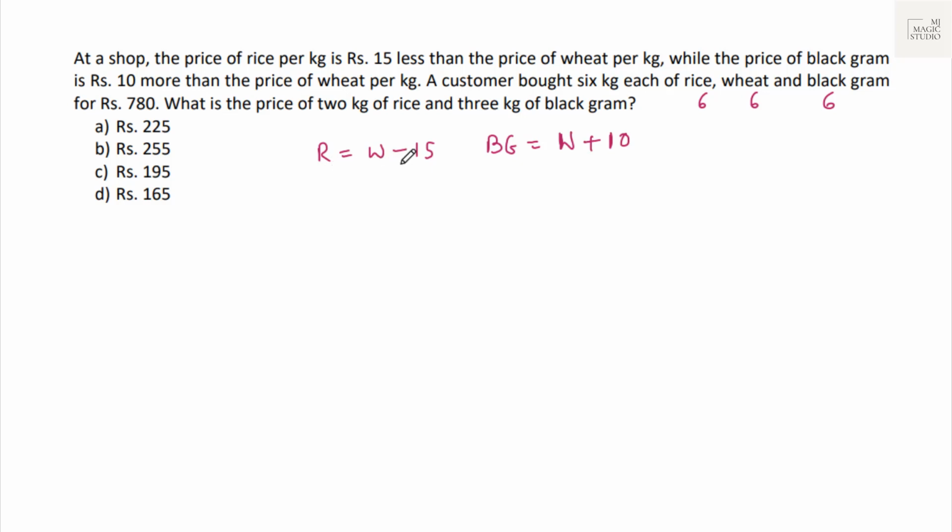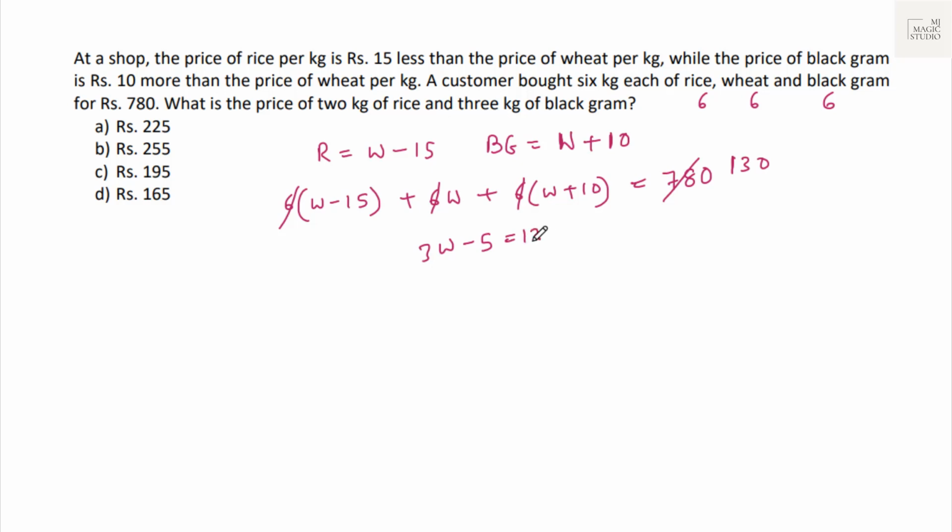What is the price of? Okay. So wheat rate is W, rice is W minus 15. So 6 into W minus 15 plus 6W plus 6 into W plus 10 is equals to 780. Simple equation to be formed in this. We can divide both sides by 6. We'll get 130. So 3W minus 5 is 130. W is 135 by 3, that is